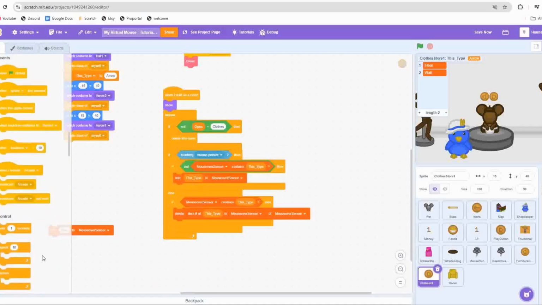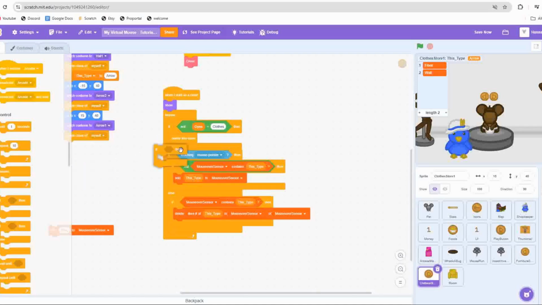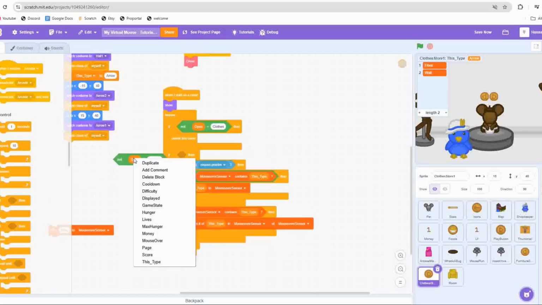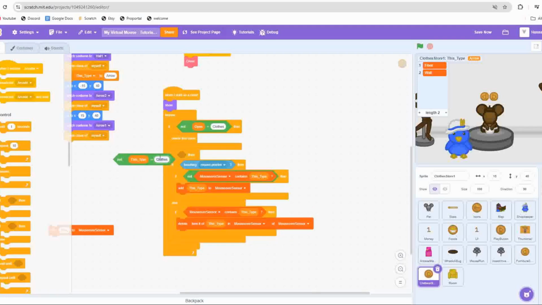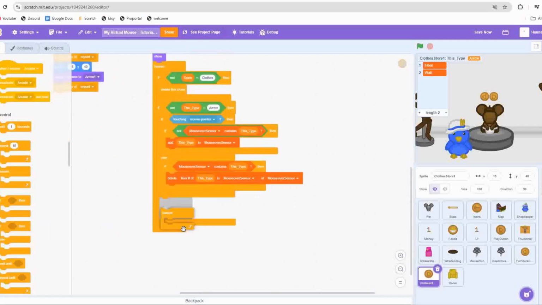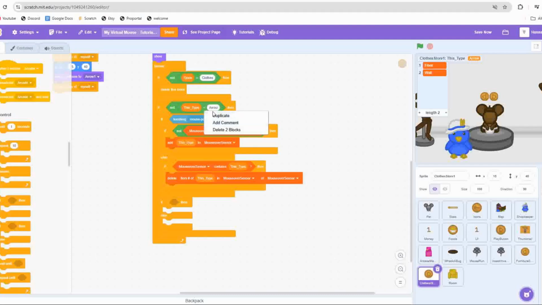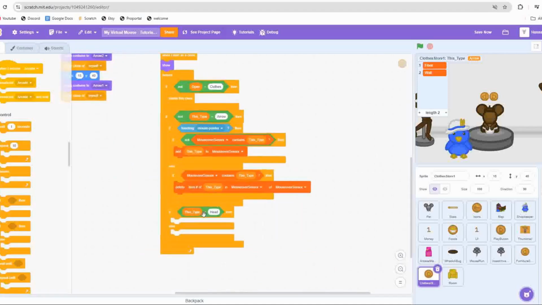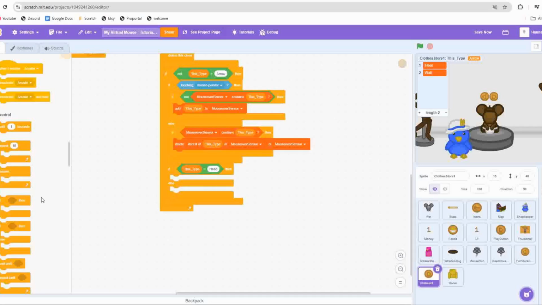And I'm going to put all of this into an if not this type equals arrow. Then what we can do is add an if else function after the if touching mouse pointer one. If this type is equal to head, then we need an if else function. If mouse over sensor contains this type,